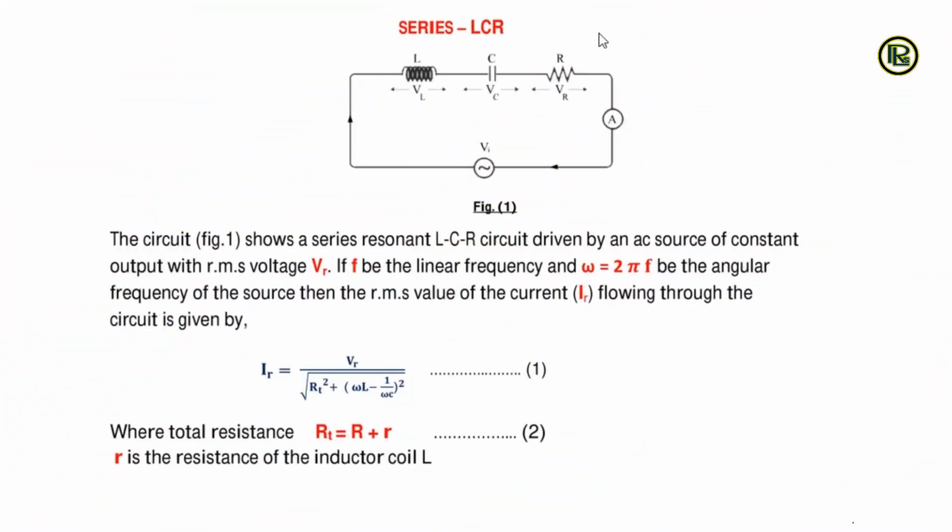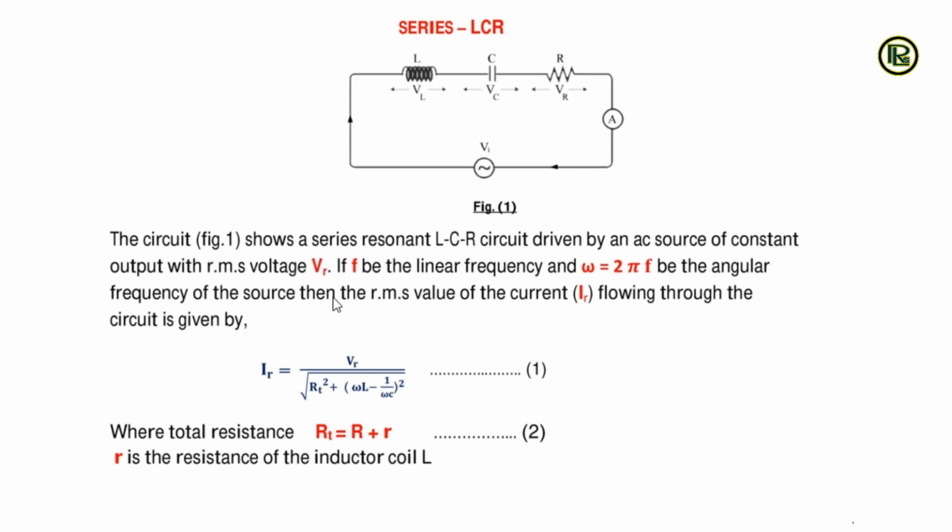Let me first explain the functioning of a series LCR circuit, how the response curve of this series LCR circuit is generated. I'll be discussing that. So this is a series LCR circuit. I have inductor, capacitor, resistance and an AC source VI and an ammeter to get the value of the current in the circuit. So this is a series LCR circuit driven by an AC source of constant output with RMS voltage VR,